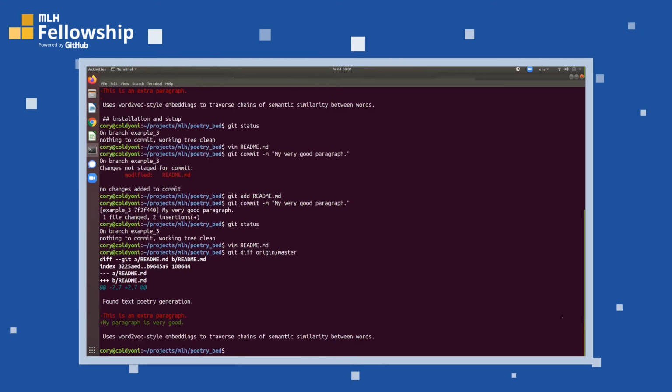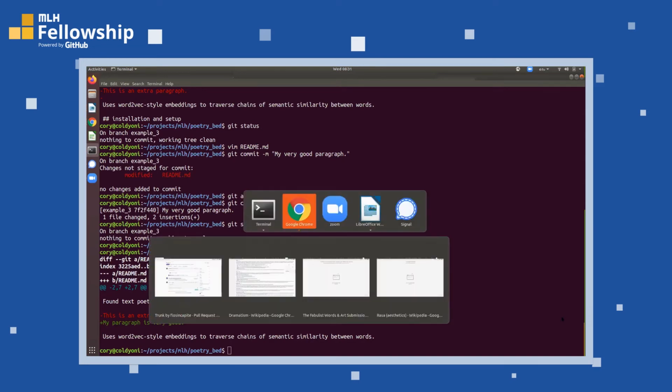And you can see that there's a little conflict here, right? So I've eliminated this extra paragraph, which is what exists at master. And I've added "my paragraph is very good," which is on my branch only. So if I tried to make a pull request right now,